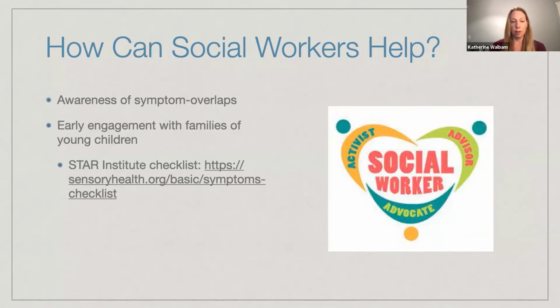They're suddenly faced with a lot of demands at school, and so SPD sometimes isn't recognized until kids end up in school. My research has focused on sensory processing and attachment, and whether there's a relationship there. A few studies have found a correlation between sensory processing differences and, not insecure attachment so much, but just challenges to the attachment relationship. And so we can be supportive of families that have young children and have this in the back of our minds when we hear from caregivers that they have a concern about their child,